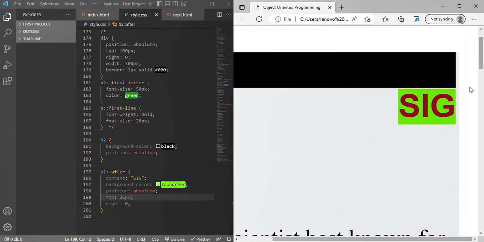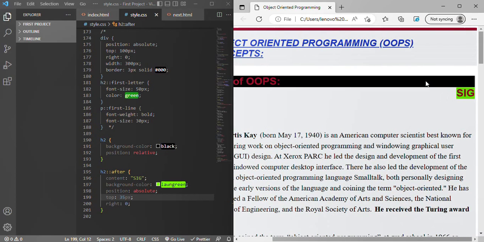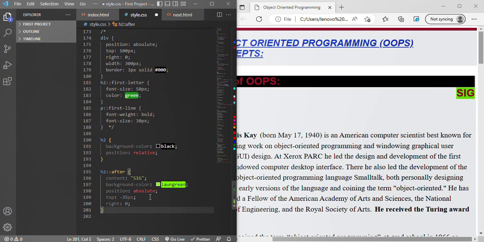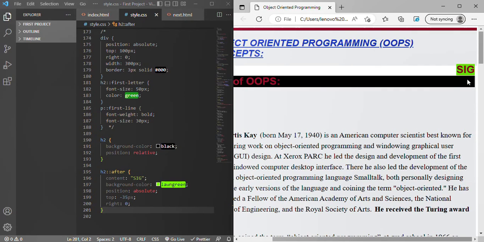The distance between this element and this header is 35 pixels. But the thing we need to understand here is, we don't want this symbol here. We need this symbol between these two. That means it should be above the header element. For that, I am including minus 35, so that above this header element it should be reflected. If I refresh, see here,